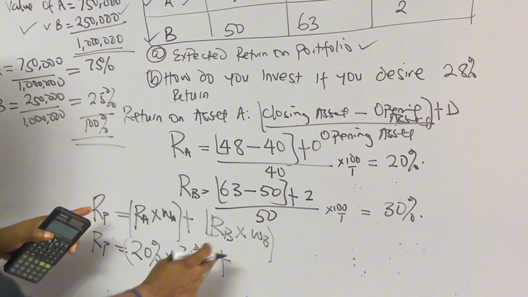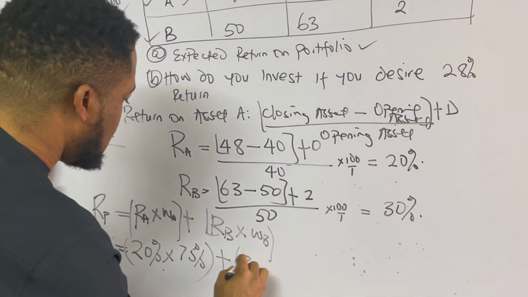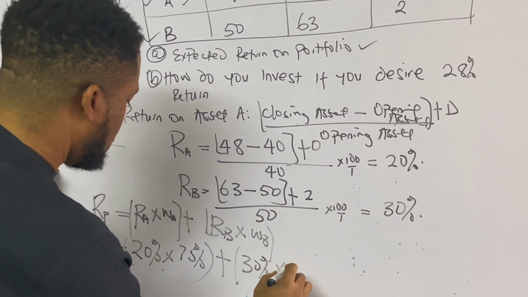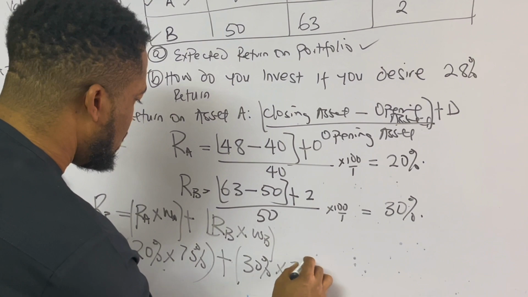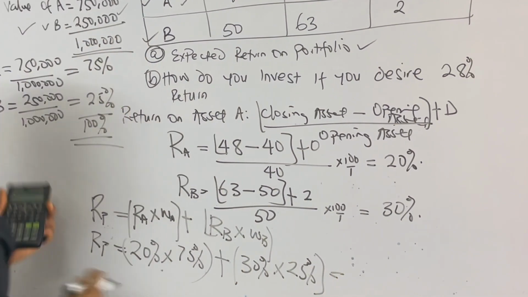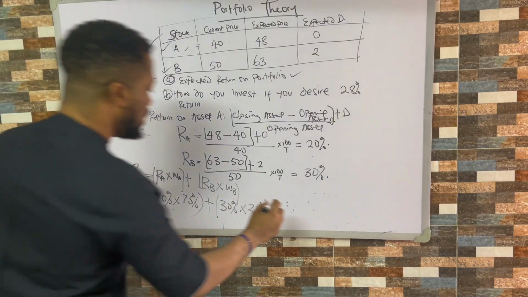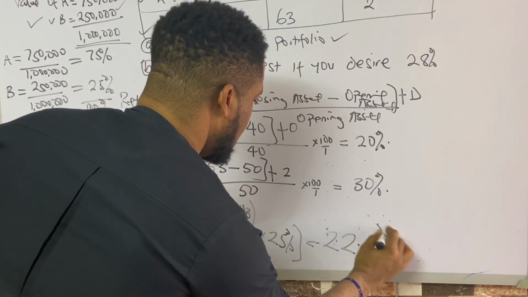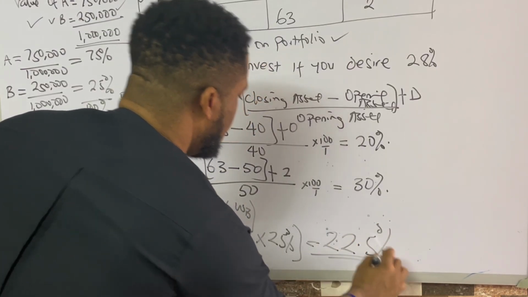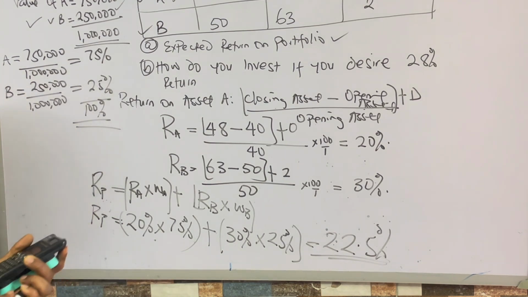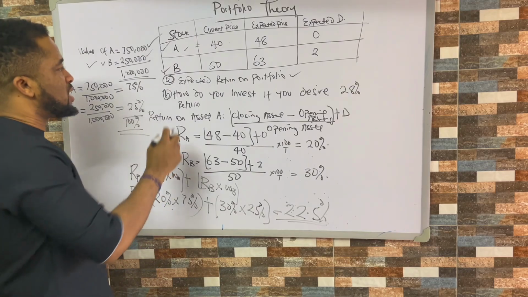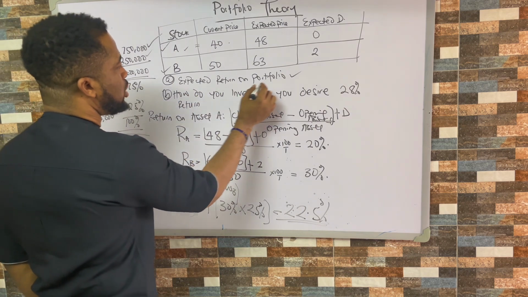Plus return on B is 30%, multiplied by weight of B, which is 25%. And then if you compute this, that should be 22.5%. Now the combined return on these two portfolios is 22.5%, and that answers the A part, the expected return on